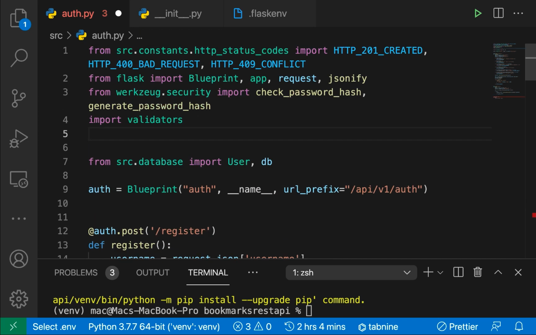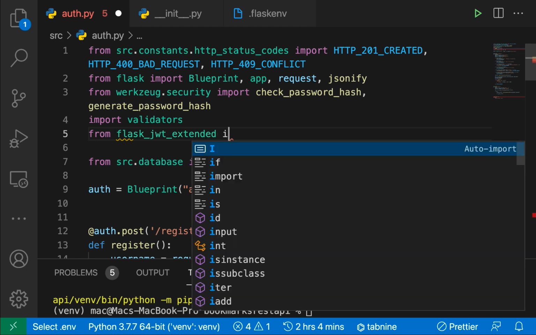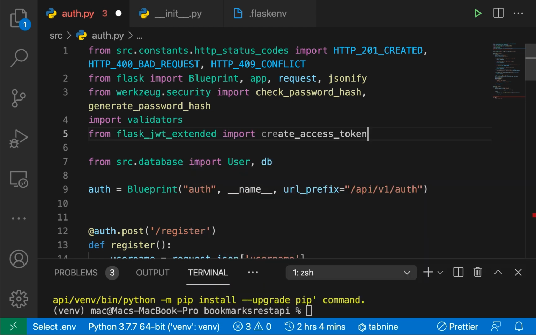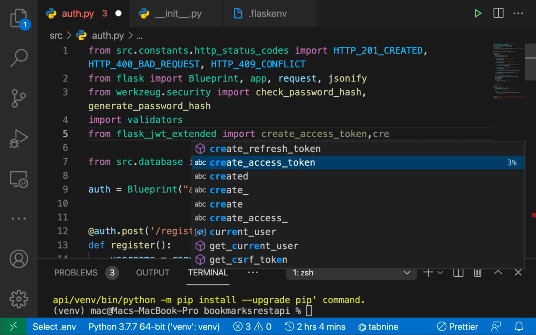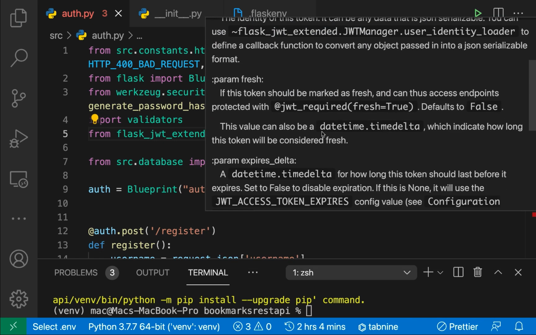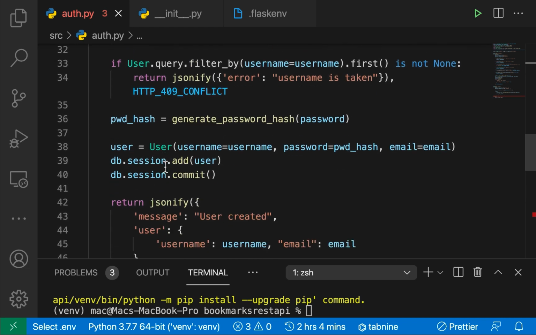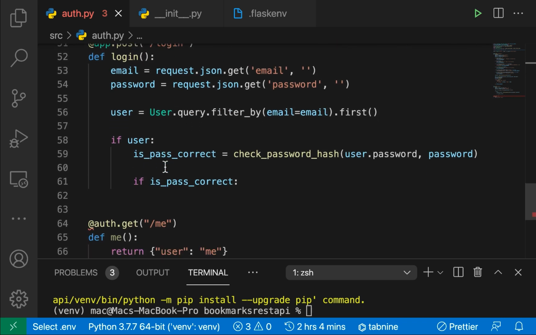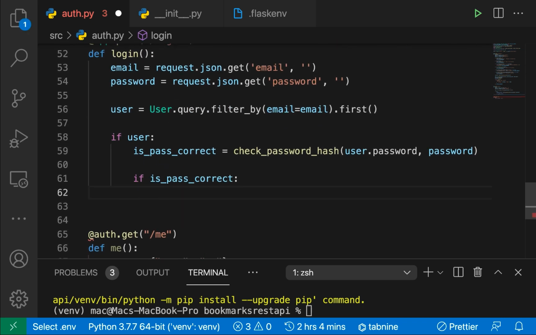Let me go here and import some utilities. So I'm going to do from flask_jwt_extended import create_access_token and also create_refresh_token. Now I'm going to be talking more about the details of this as we go. But right now what we want to do is here, once the password is correct, we can just have